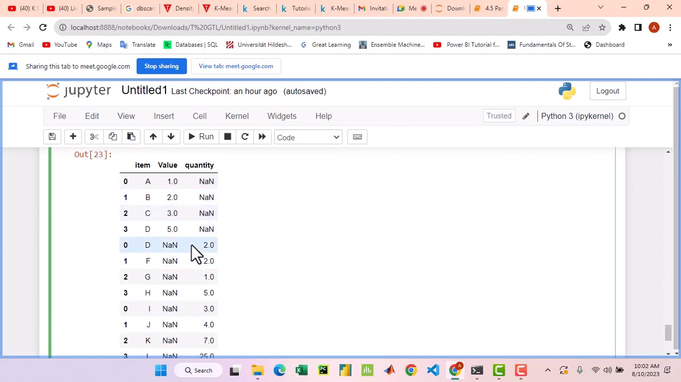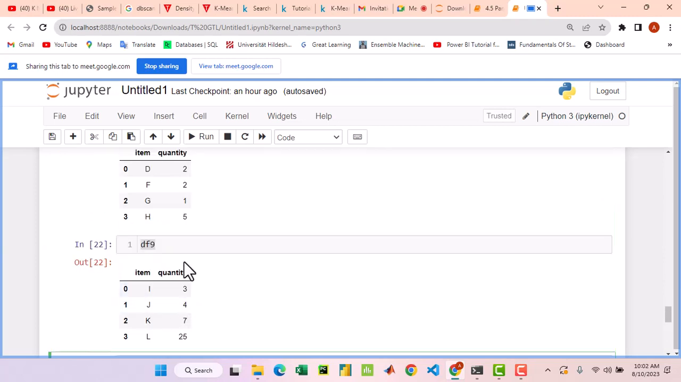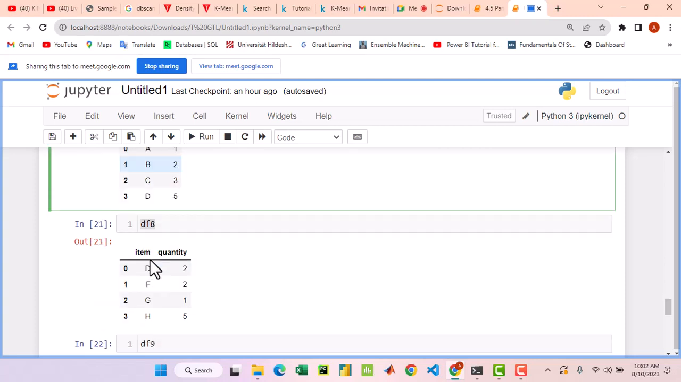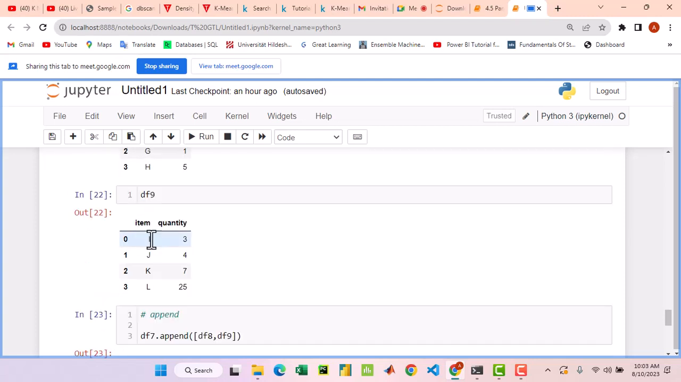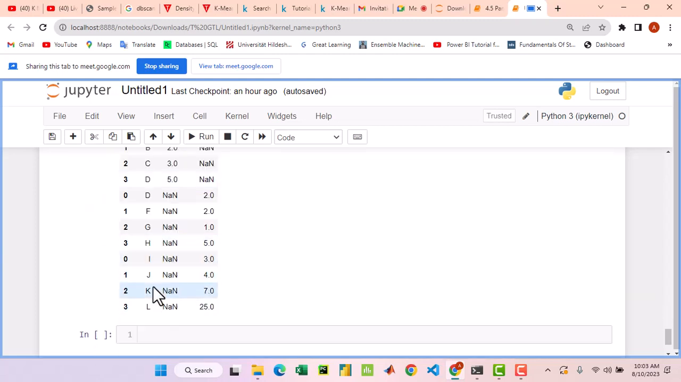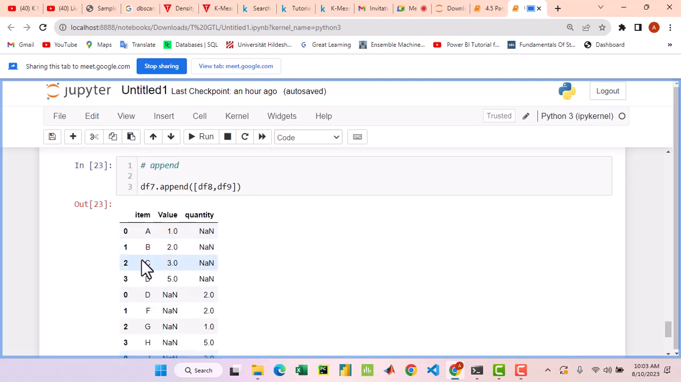That's why we are getting these NaN values. But the item column, because they have a common column called item, you see that starting from A up to L, it has appended. The first one has been appended successfully, but the second one, which is the value, when you